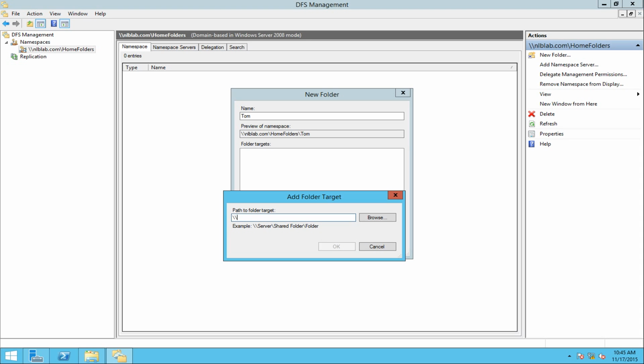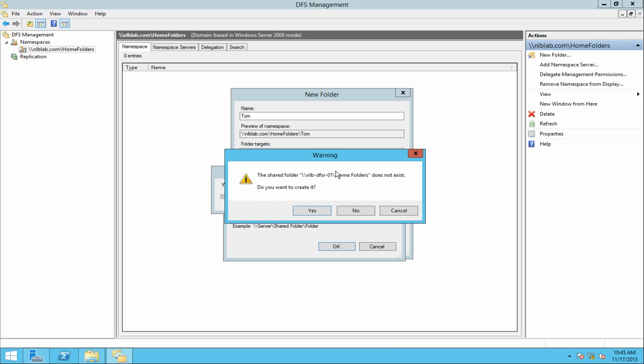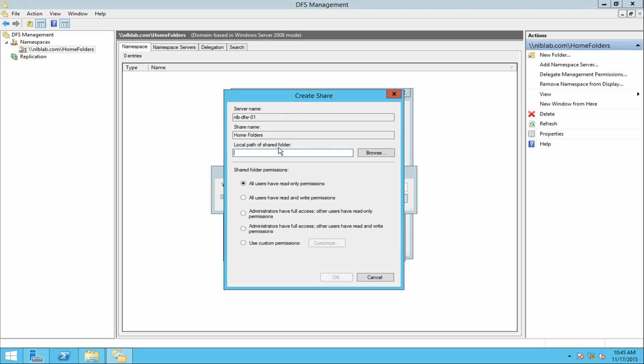So I'm going to do this by writing nlb-dfsr01, and then the shared folder that I want to create for Tom is going to be named home folders, and I'm going to click OK, and it will say that the home folders does not exist if I want to create it, so I'm going to accept that,